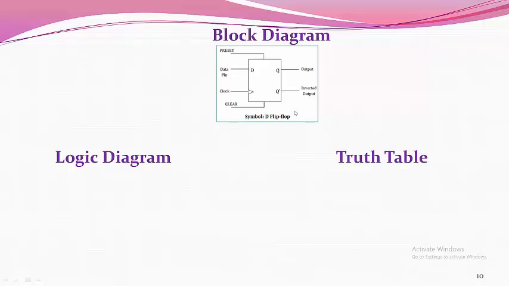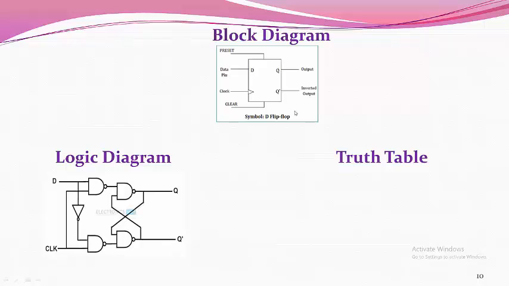Now we will see the logic diagram of this D flip-flop. This is the logic diagram of D flip-flop. When we observe, without this NOT gate, this whole diagram is of SR flip-flop. But SR flip-flop has two inputs, and here for delay flip-flop it has only one input. So to make the SR flip-flop with one input, we are connecting this NOT gate with this second NAND gate and the clock signal to trigger the particular flip-flop. And after this interconnection, we are getting the operation of this D flip-flop.